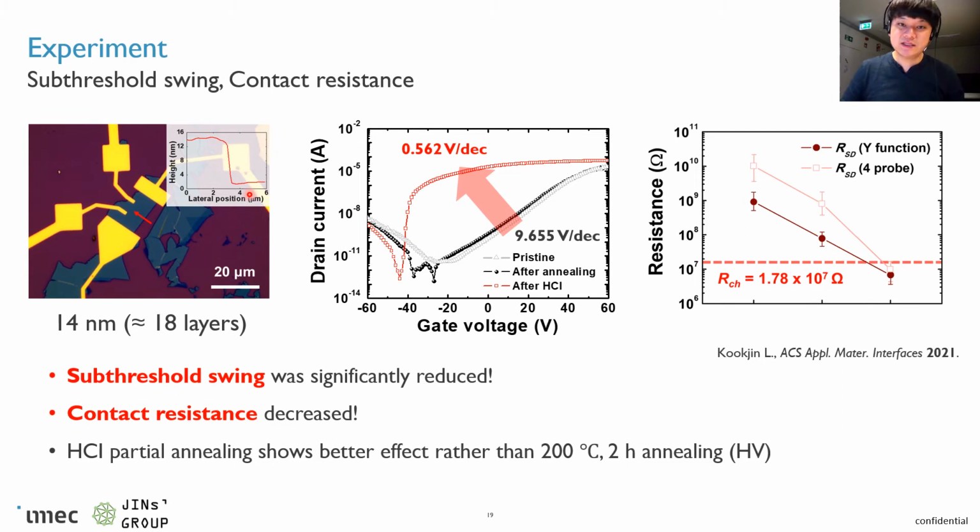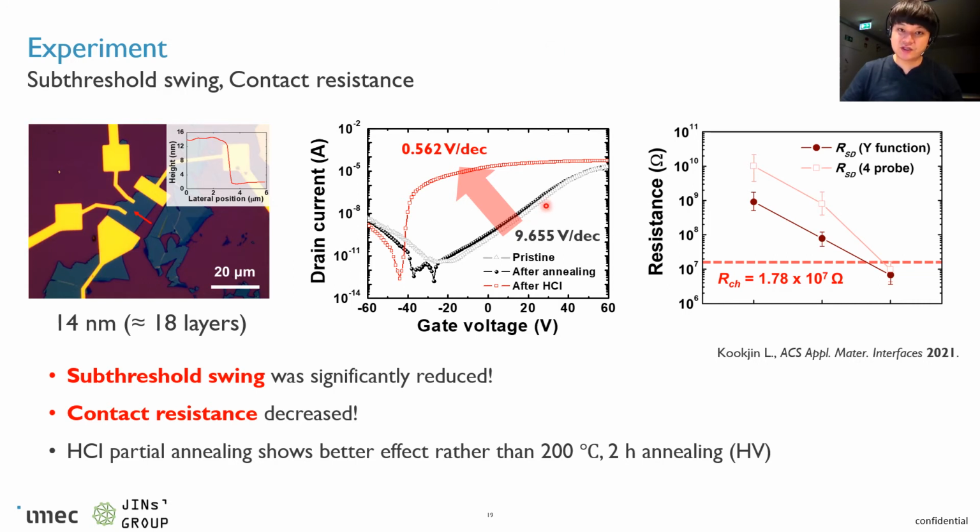And the pristine device has 9.655 volts per decade of subthreshold swing, and after annealing at 200 Celsius for 2 hours in high vacuum, the performance of the device was improved a little, like the black dot, but not dramatically, as shown. But